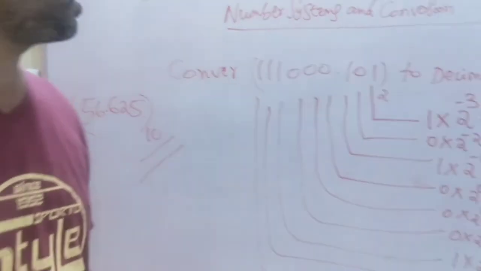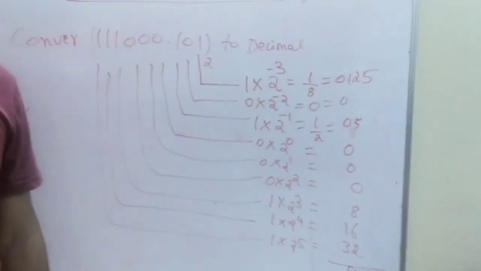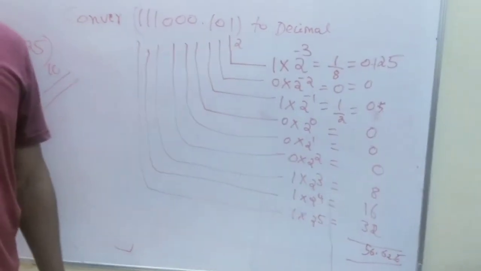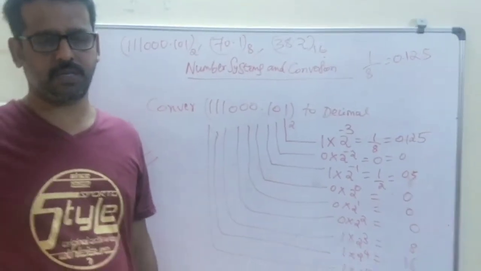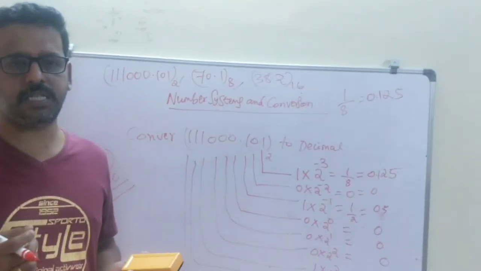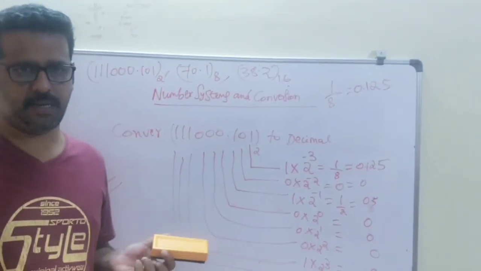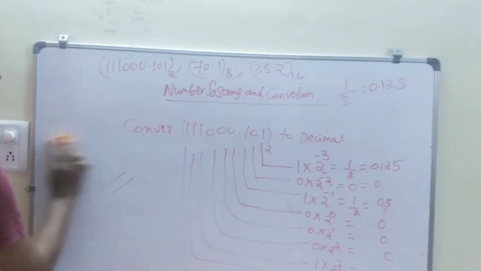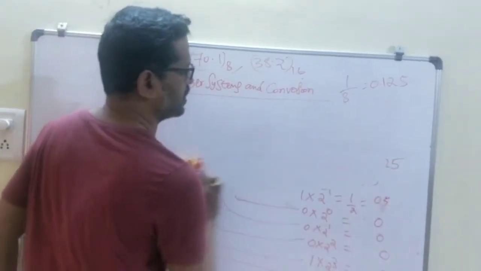What you need to do is multiply each binary digit by integral power of 2. If you are asked to convert from octal to decimal number system, we need to multiply each octal digit by integral power of 8. And it is very same for 16. Now we will do it for the octal and hexadecimal.